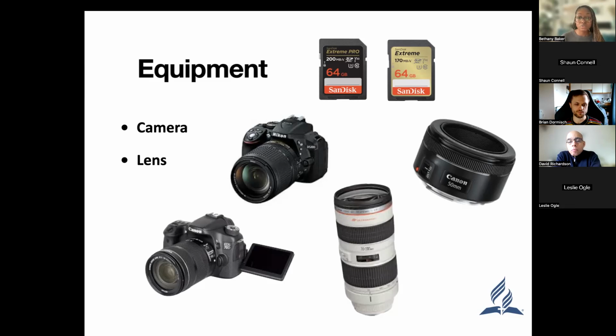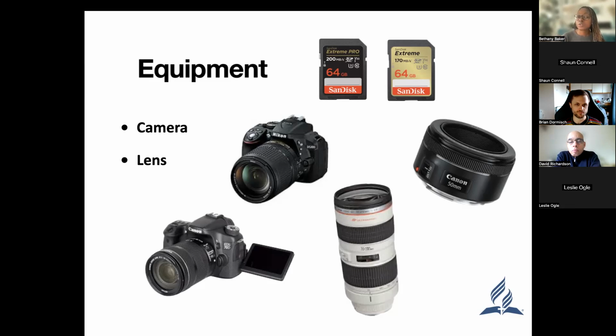Like I said, it's subjective, so you use what is at your disposal, but don't be afraid to ask your church to support you in taking good quality photos. So maybe they'll invest in equipment for you to use. It's always good to ask. They can only say no, but I would always